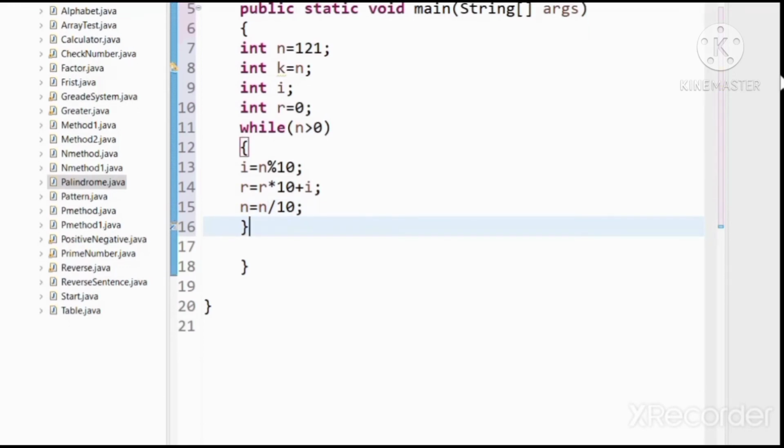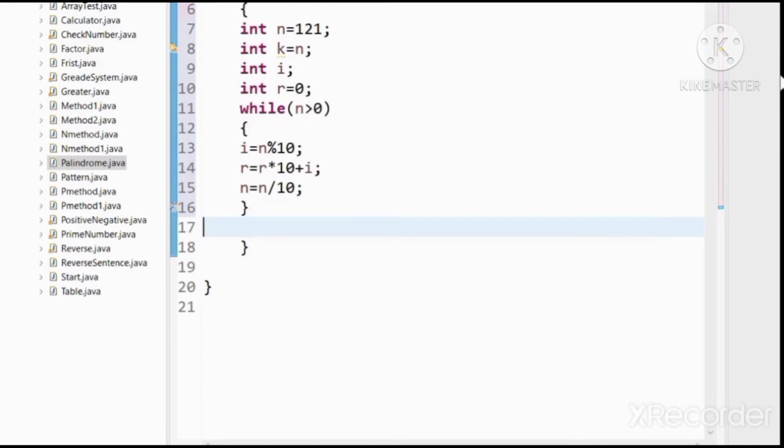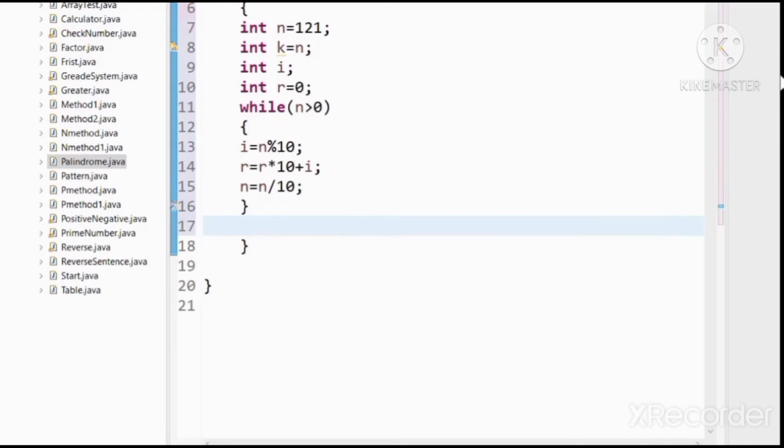After that, we are checking whether the number is a palindrome or not. So here we are taking an if statement.